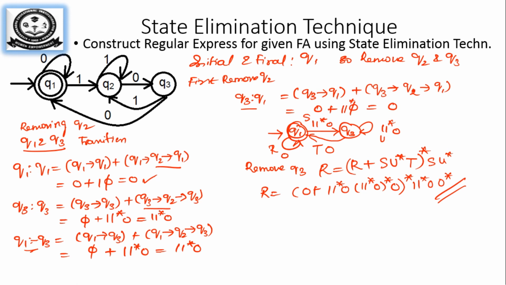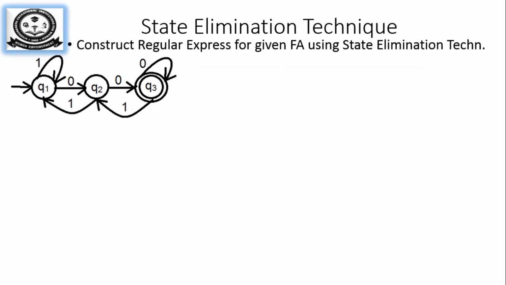So let us have the next example. So same thing. So it is having a little bit of complex. It's a bigger cycle. You can see from Q1 to Q3, you can have a cycle through Q2. There we don't have a direct transition from Q3 to Q1. So we'll start doing this. So we'll have your initial state is Q1 here and your final state is Q3 here. So you must remove Q2 over here.